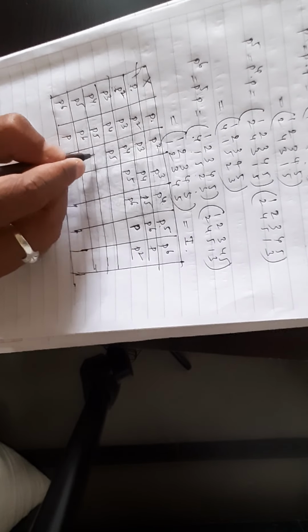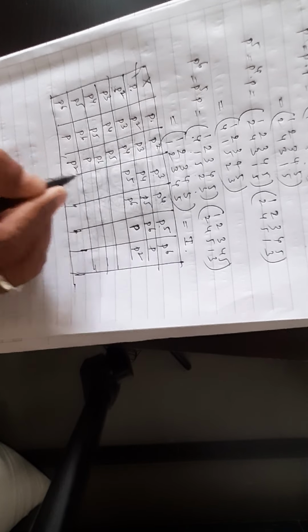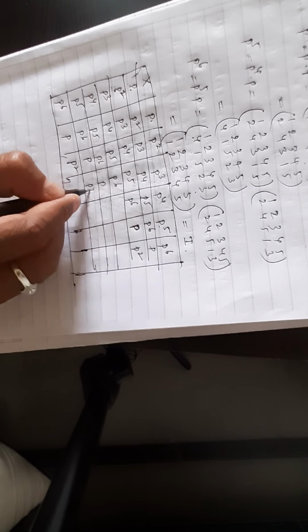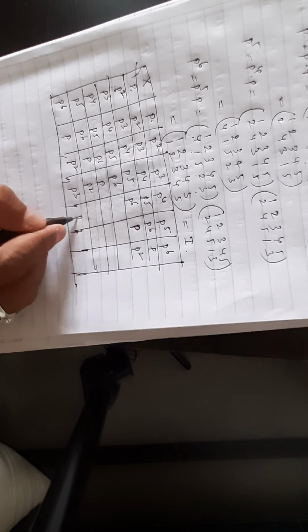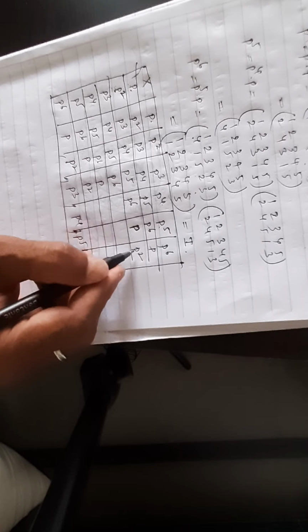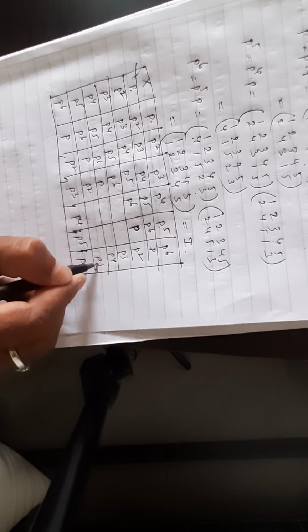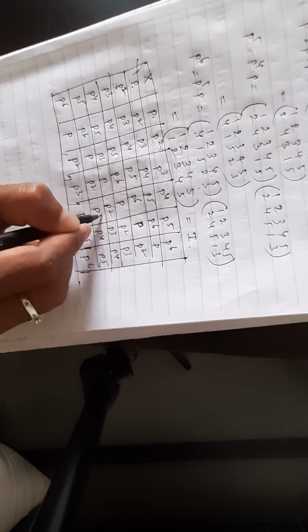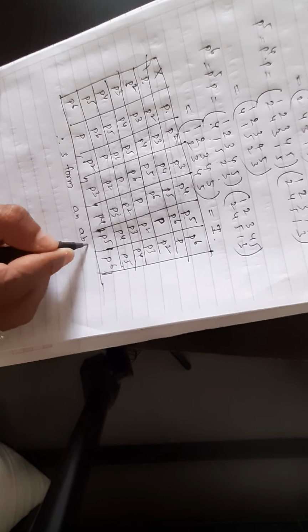You can write continuously p power of 4, p power of 5, p power of 6, p cube, p power of 4, p power of 5, p power of 6, p and p square. And here p cube, p power of 4, p power of 5, p power of 6 and p square, p cube, p square, p cube, p power of 4, p power of 5, p power of 6, p square, p cube, p power of 4, p power of 5, p square, p cube, p power of 4, p square, p cube. This is the table. So all are satisfied, that is the identity. So therefore S forms an abelian group.